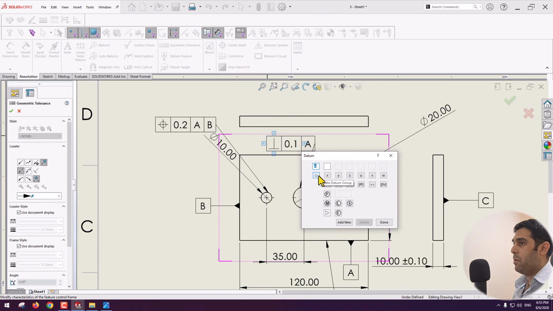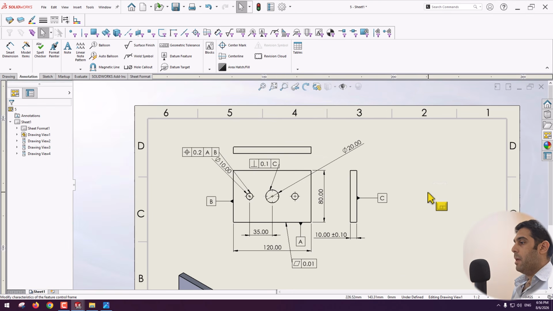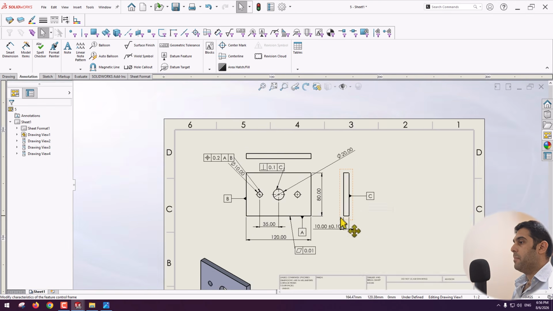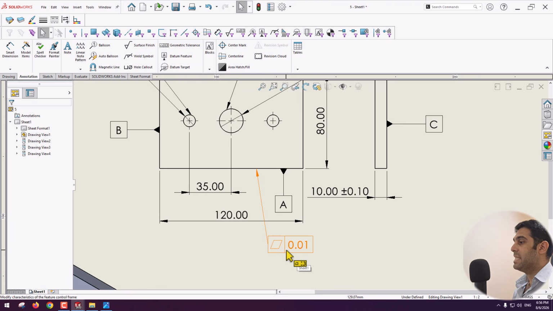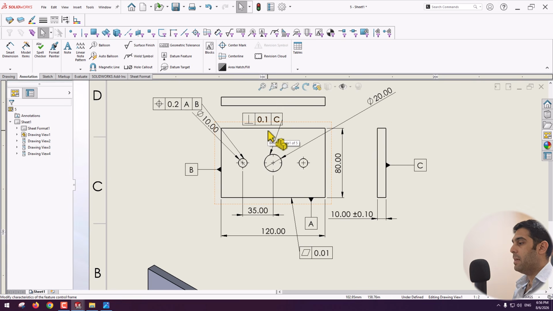This needs to be perpendicular to datum C. This ensures the hole axis is perpendicular to datum C within a 0.1 millimeter tolerance zone. For the manufacturing process, flatness means surface grinding quality, perpendicularity is for assembly fit, and